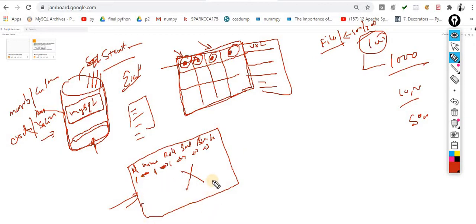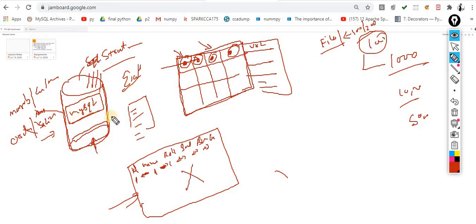As you can see in Excel, only a limited number of records fit, approximately 23,000 or 30,000 records per sheet. Beyond that, when records are 1 lakh, 2 lakh, 3 lakh, or 4 lakh, your Excel sheet won't work properly. At that time, you have to move out of the box.